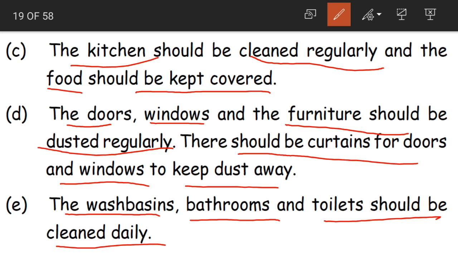Otherwise, our house is not going to look good or look clean, and in turn it is going to affect our health. If the house is not clean, it is going to harm our health. Clear, children?